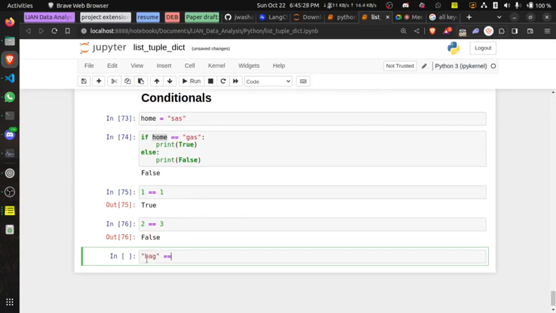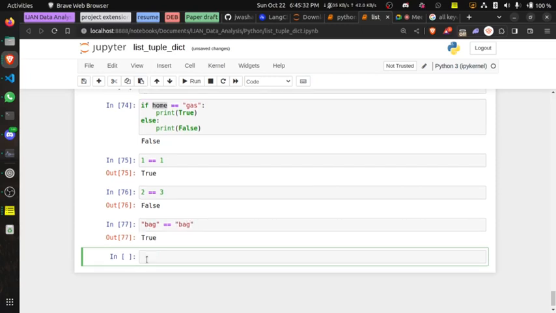Is bag equals to bag? You get true. If I change this to dag, you get a false. So you can see how you can now compare two things together in Python. The output is Boolean, either a true or a false. It's just one of the two.